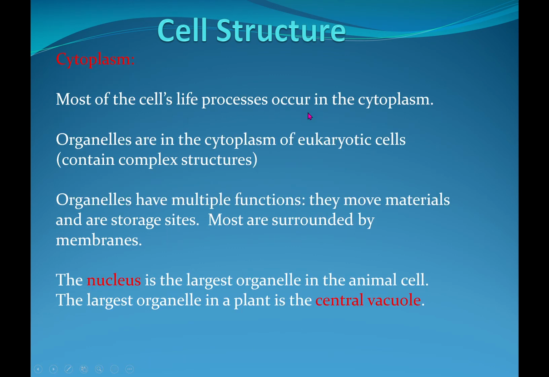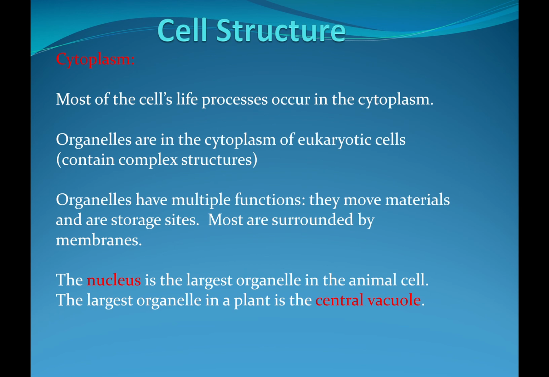Most of the processes that occur within a cell are occurring in the cytoplasm, which means it's occurring inside the cell in all that gooey liquid that you have within all those organelles. Things move in and out, being transported. We'll talk about that later. It's like a small factory. Organelles are very complex in the cytoplasm of a eukaryotic cell. Single-celled organisms just have a basic three kinds of things: DNA, cytoplasm, and a cell membrane. Organelles have multiple functions. We'll talk about those in a moment, but they're also surrounded by membranes, some of them,